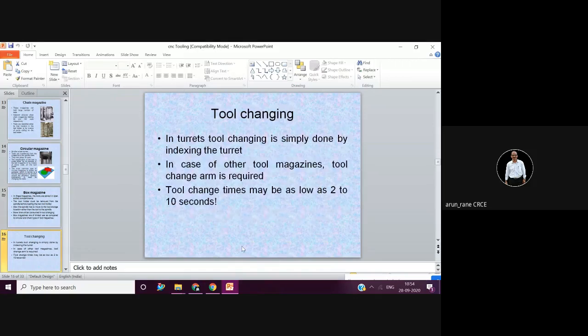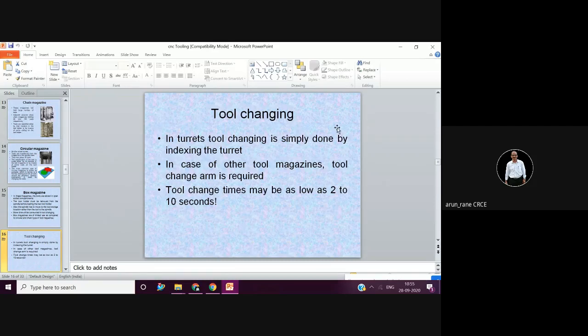With the help of this bidirectional indexing, your tool change time can be as low as 2 to 10 seconds. See, this is the beauty of bidirectional indexing. Now, this 10 seconds also because your pot size, that is your magazine size, is 40 or 60.